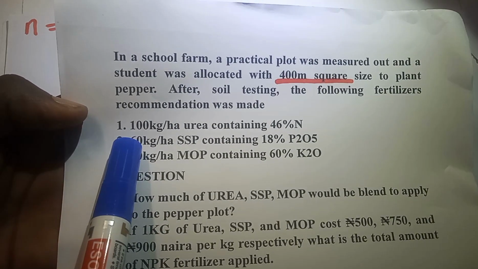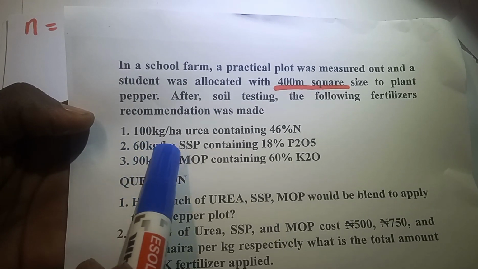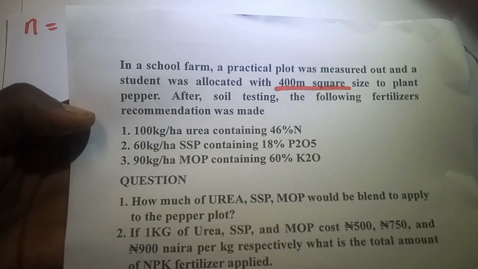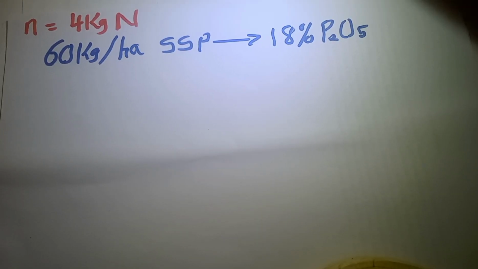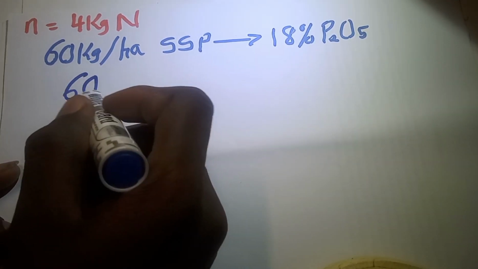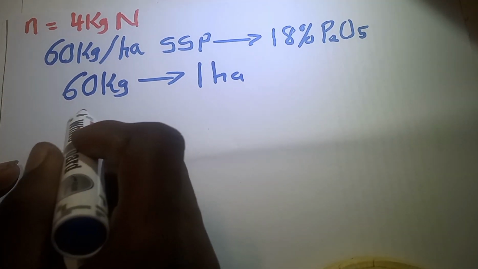I've done for nitrogen. I've calculated the amount of nitrogen that I'm going to be using. I'm going to be doing the second one now, which is single superphosphate, that is 60 kilogram per hectare. I'm going to be writing it now. It still follows the same approach. If 60 kilogram is used in 1 hectare, how many kilogram